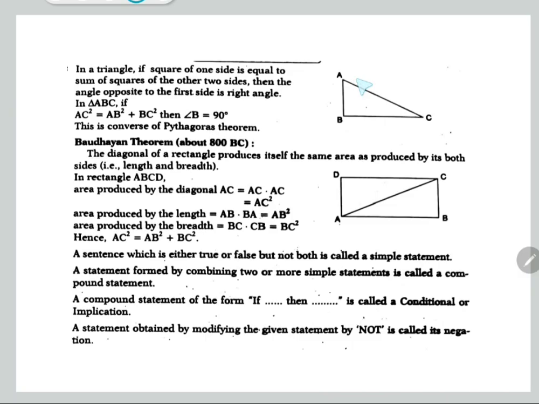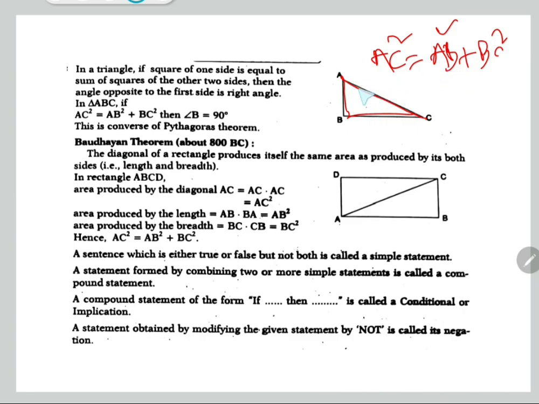The square of one side, that is AC square for example, is equal to the sum of the squares of the other two sides, that means AB and BC. AC square equal to AB square plus BC square. Then